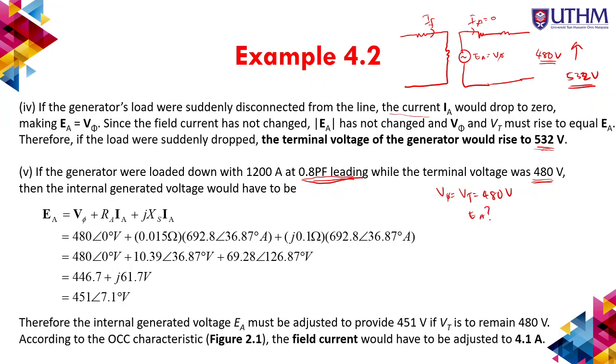So EA is equal to what? Okay, so this is the calculation now. IA, of course, will be the same, 600 something. We need to calculate using the leading power factor. So no negative over here. Positive power factor, positive phase, positive angle. So EA will be